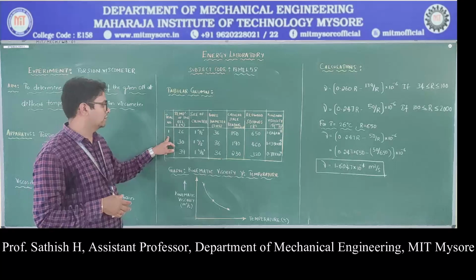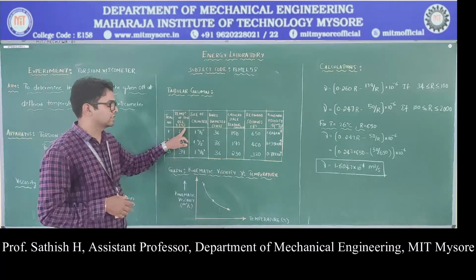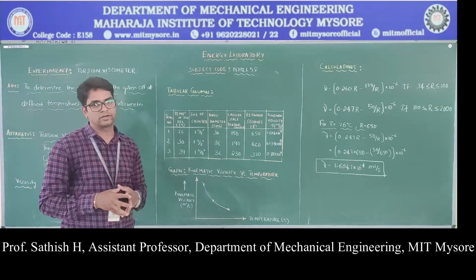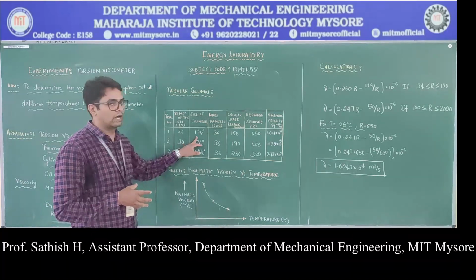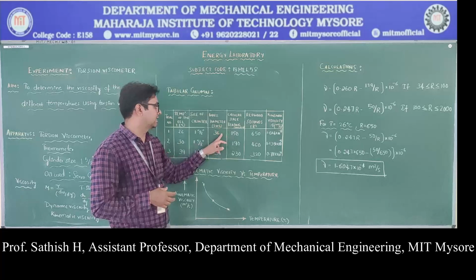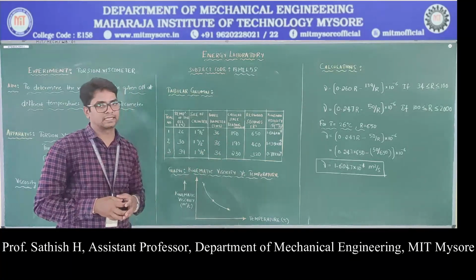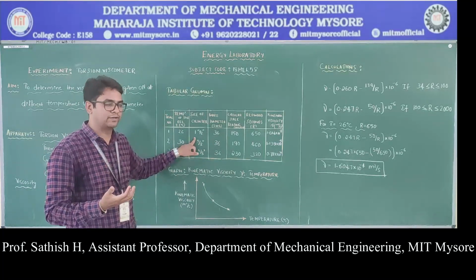If you come to the first trial here, number 1, 26 degrees is the temperature of the oil, measured in degrees Celsius, and then the size of the cylinder. Based on the given oil, we selected the size of the cylinder as 1 5/8 of an inch. And the wire diameter, that is the SWG, standard wire gauge, is 36. These two are based on the fluid that we are using.